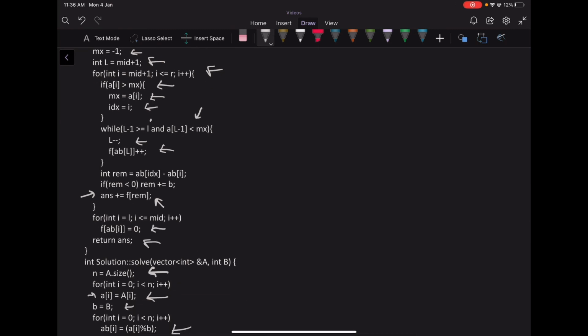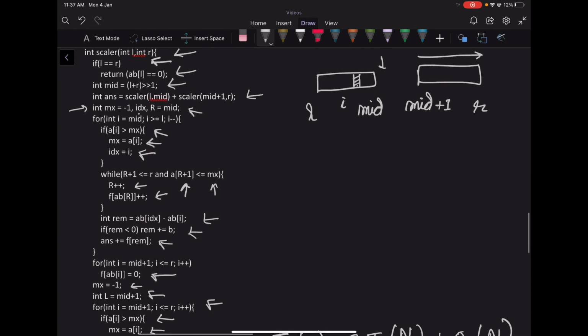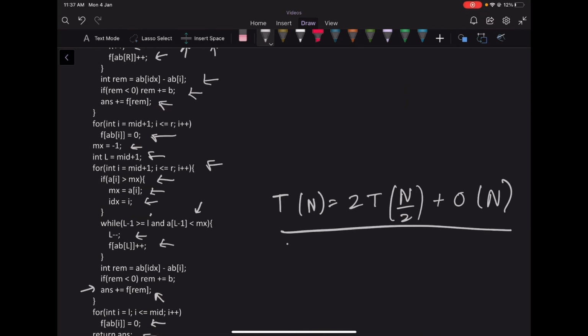So now what will be the time complexity of this solution? We have T(n) equal to twice T(n/2), that is the divide part, and the conquer part is actually O(n), because we iterate over left indexes, and our right index will definitely either stay the same or increase, that is it is non-decreasing. So the total number of movements of all the left indexes and the right indexes will be of the order n. From here we can say that the time complexity will be O(n log n), and space complexity is O(n), since we are only storing some arrays.